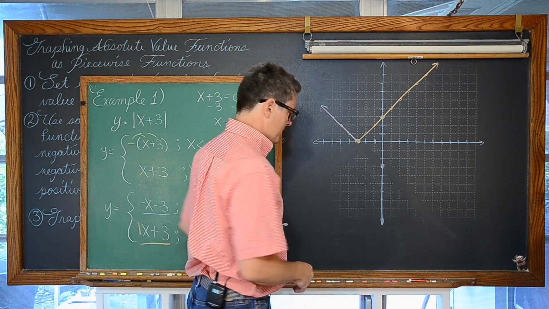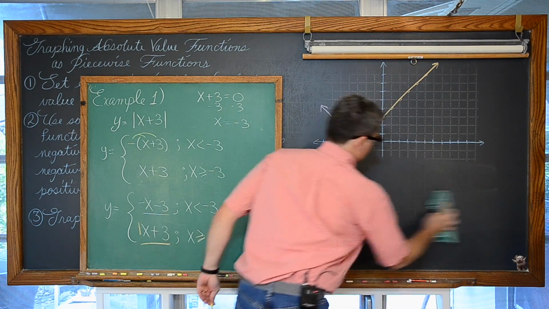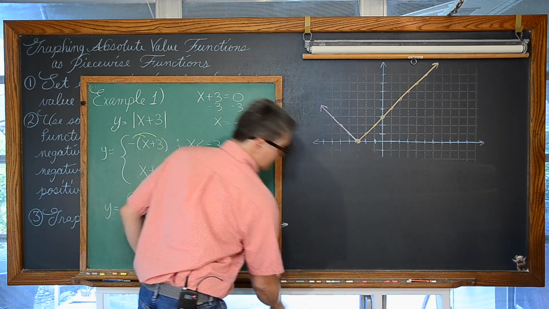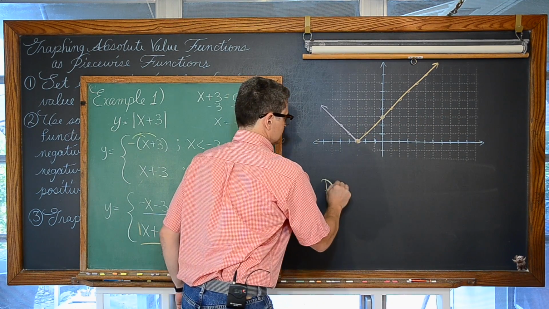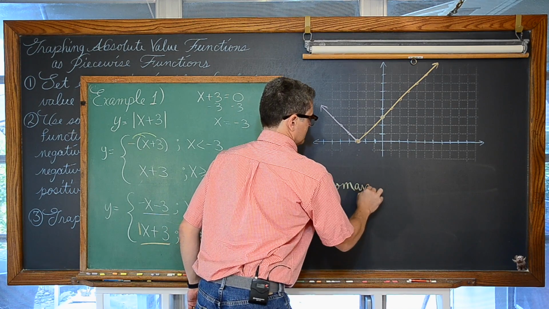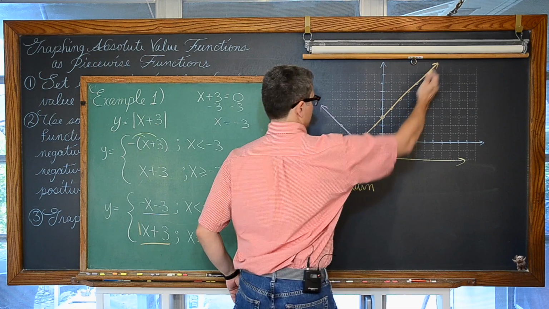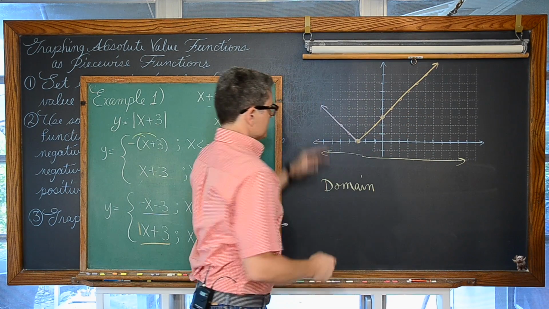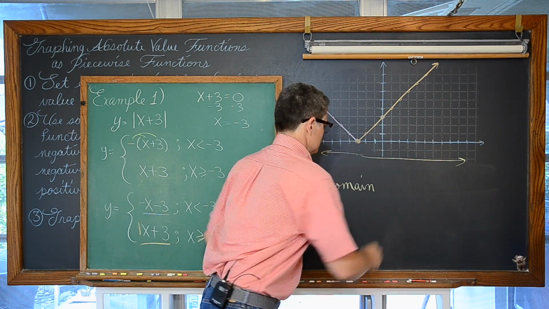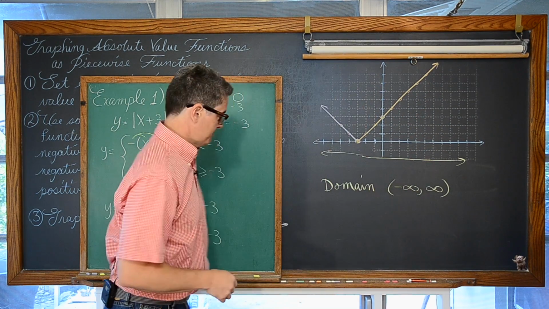And if you need a little reminder of domain and range, of course, when you identify the domain of a function from a graph, that's about all the values of x that are included. And as you move left and right, where's the graph? Well, the graph is everywhere. So all of these values of x, all these values along the x-axis are part of the domain.